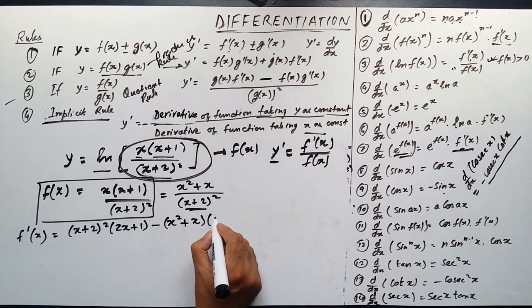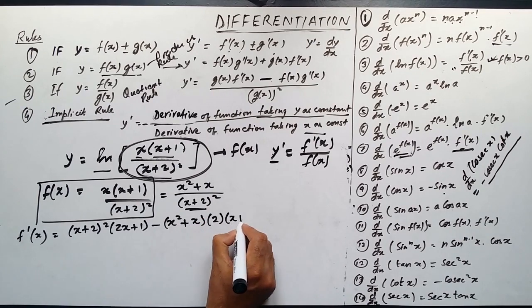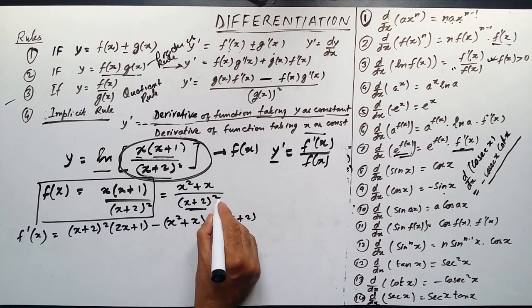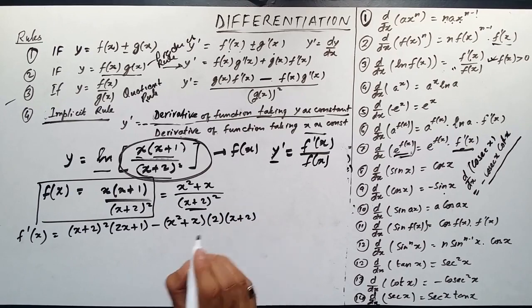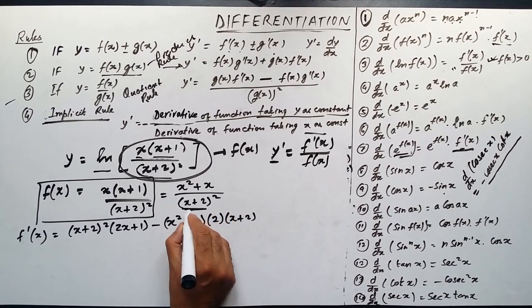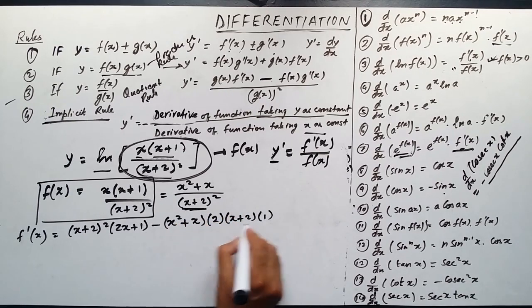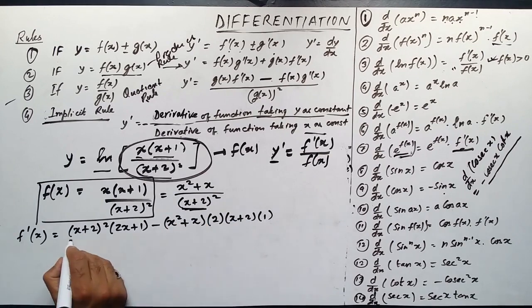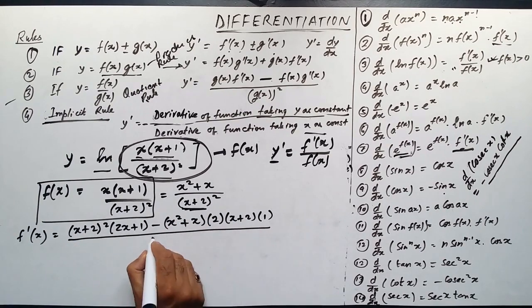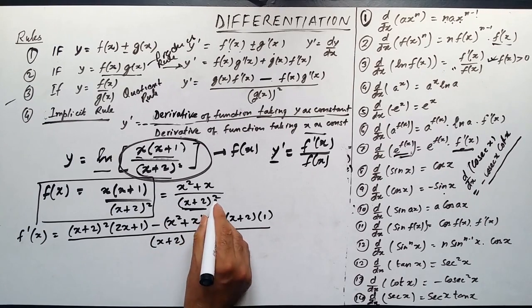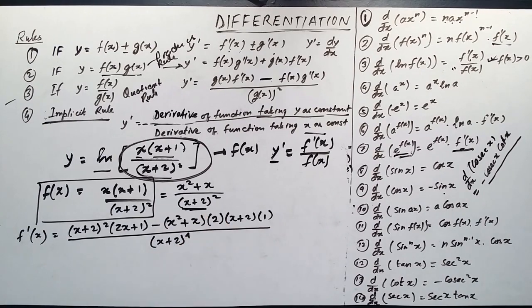The derivative of the denominator is 2 into x plus 2, into the derivative of x plus 2, which is 1, so we will not write the 1. This all is upon x plus 2 whole squared, so the whole square becomes the fourth power. So this is the final